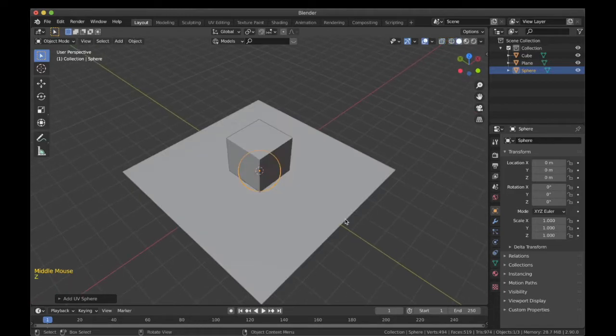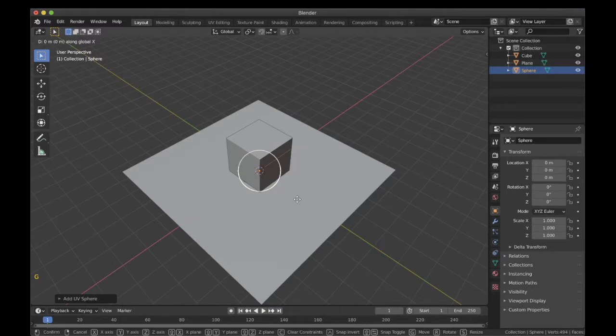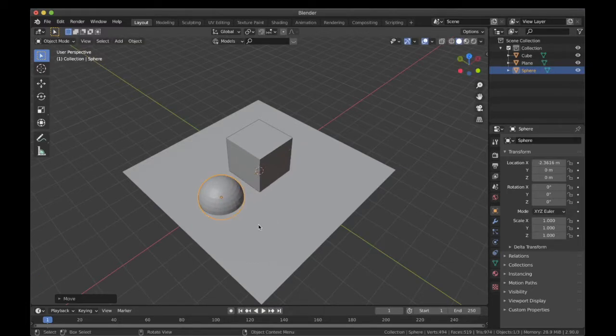I'll go to solid view again, press G, press X this time. The axis will be highlighted, and then press again. Why am I pressing the axis key along with the G command again and again? This means that the object will move precisely along that axis and not randomly in 3D space.